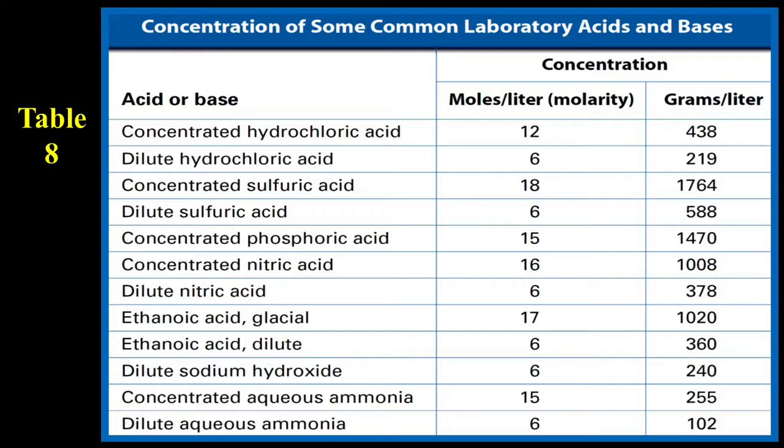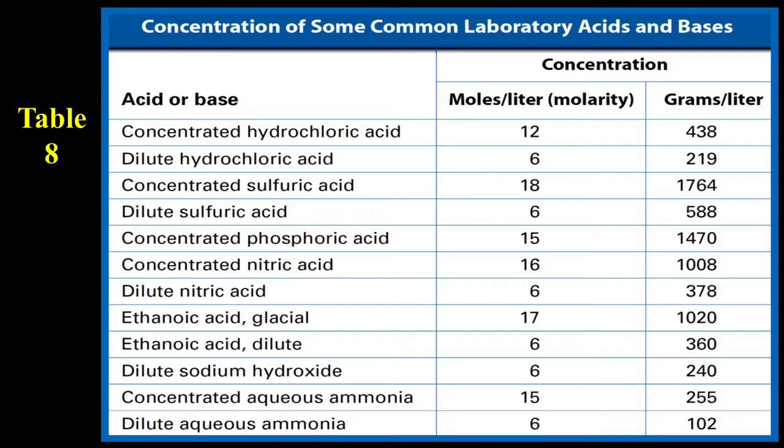Look at sulfuric acid, 18 moles. So you can fit 1.7 kilograms of sulfuric acid in 1 liter of solution. And that's 438, about a pound of hydrogen chloride gas in a liter of water. Look at dilute aqueous ammonia. You have 6 moles, which is quite a bit. You have dilute sodium hydroxide. Look at ethanoic glacial acetic acid, 17 moles compared to 6 moles in a liter for the dilute form of